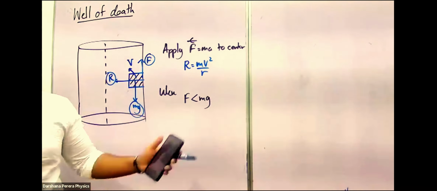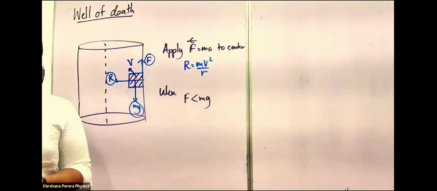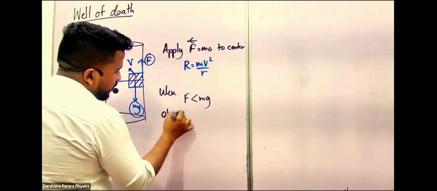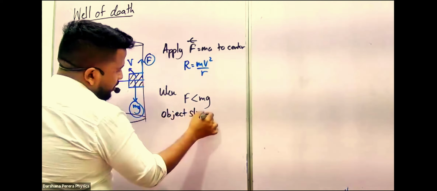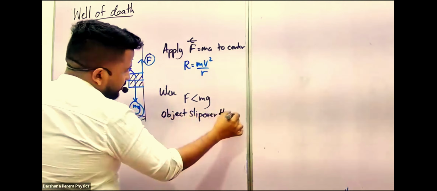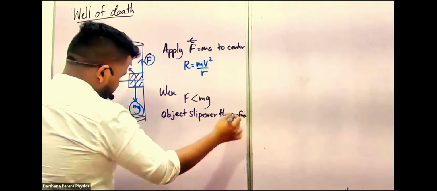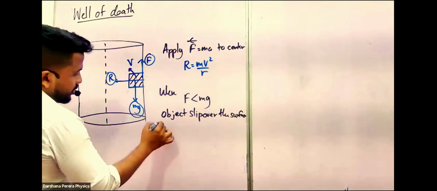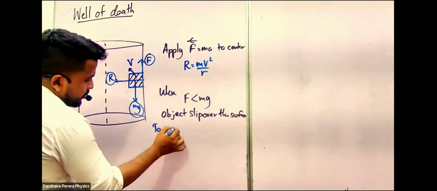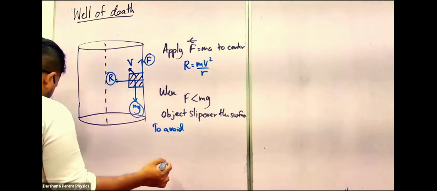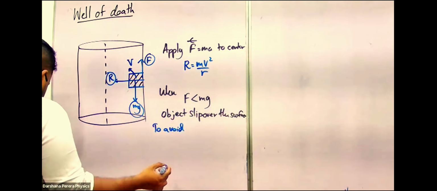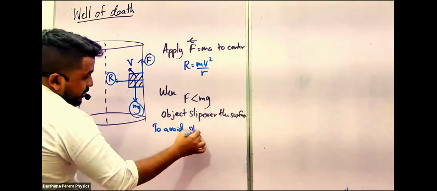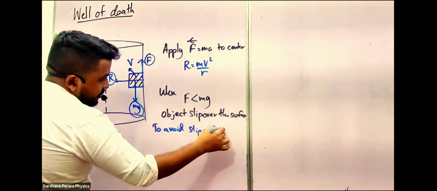When F is smaller than mg, the object slips over the surface. To avoid slip on the surface,